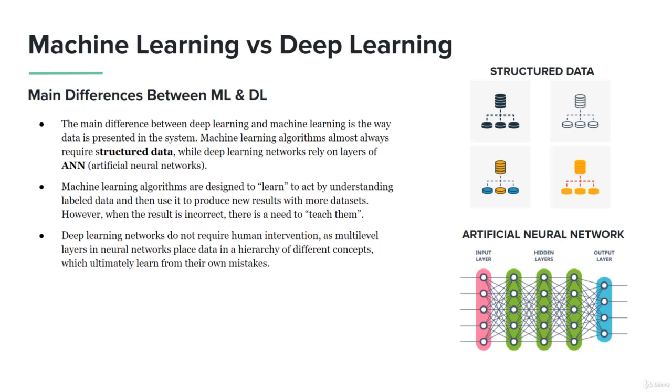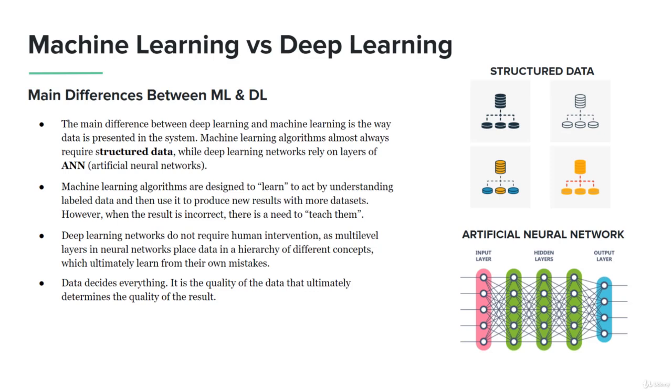The difference with deep learning is that it allows the neural network to place data into a hierarchy of different concepts, which ultimately allows it to learn on its own. Just think about having a brain that is literally learning on its own without you having to correct it, teach it, and tell it what to do. It's doing it all on its own, and it's extremely powerful, but it's a lot more complex. We're going to be working with deep learning a lot in this course. We're going to go over a lot of different areas, and make sure you have a great understanding and experience in that area as well.